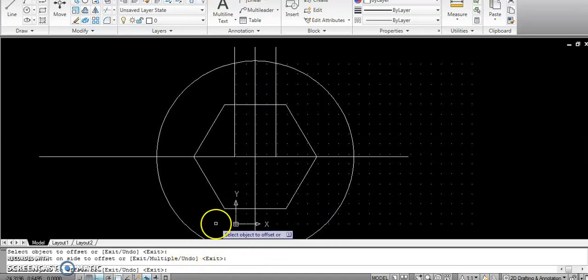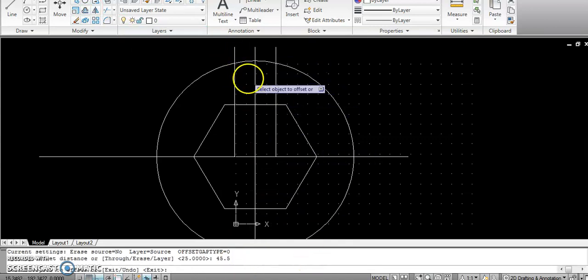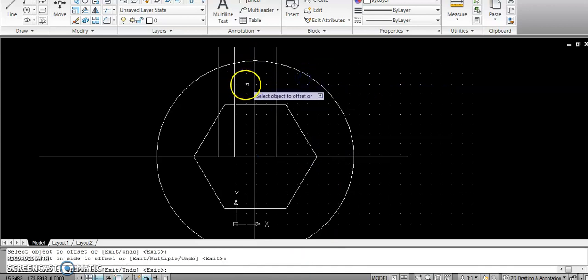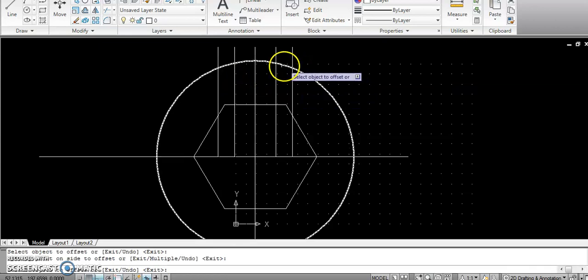So again go to offset. Offset distance is how much? 45.5. Enter. Select this, select here, and select here, select this side. So this is nothing but the pole face.